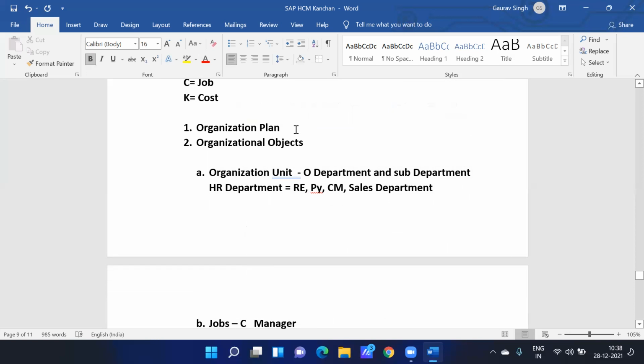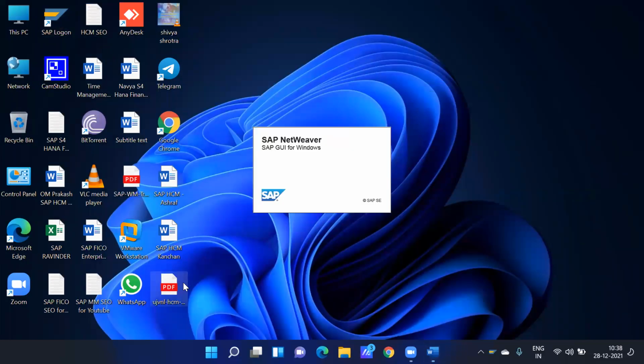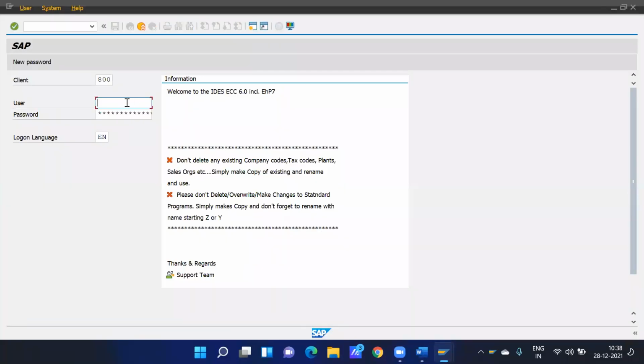So first thing, the organization plan. Whenever we are creating any kind of structure in organizational management, we have to create it in some plan.